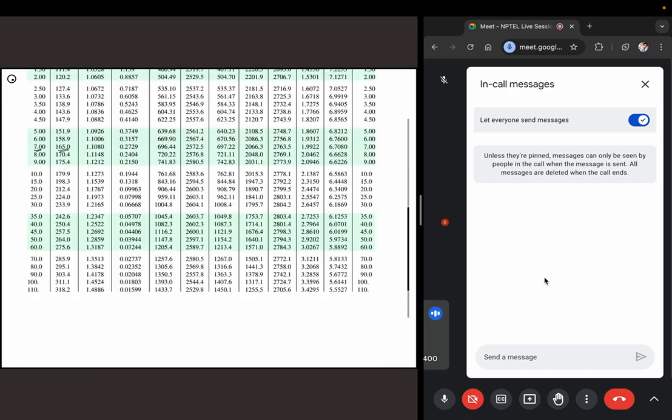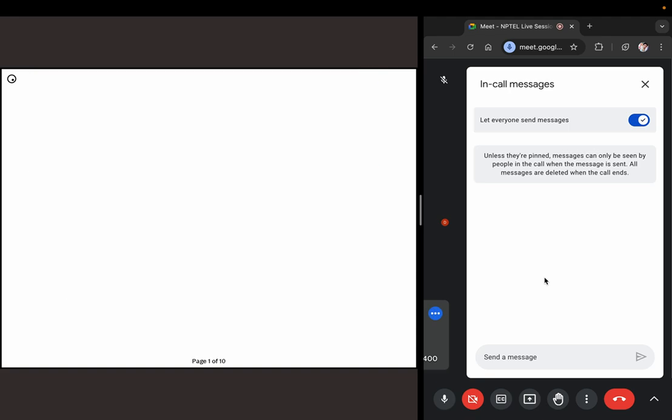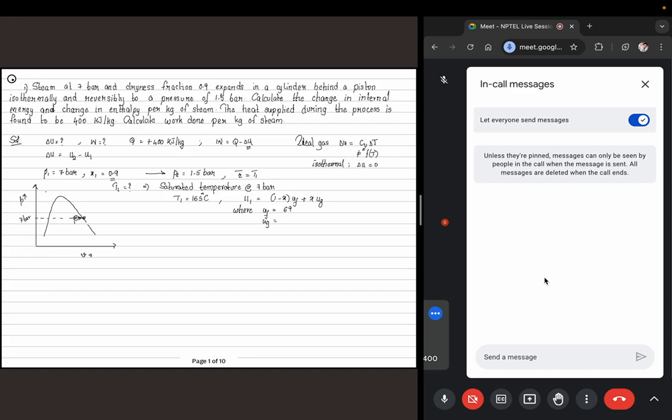So the value at 7 bar pressure, we have a UF of 696.44 and UG of around 2572.5. These are the values we'll be looking at. If you just take down those values, and we already know the value of x to be 0.9, so if you substitute that, you will get U1 as